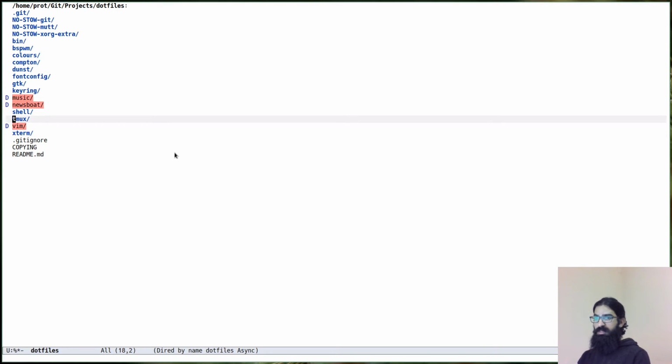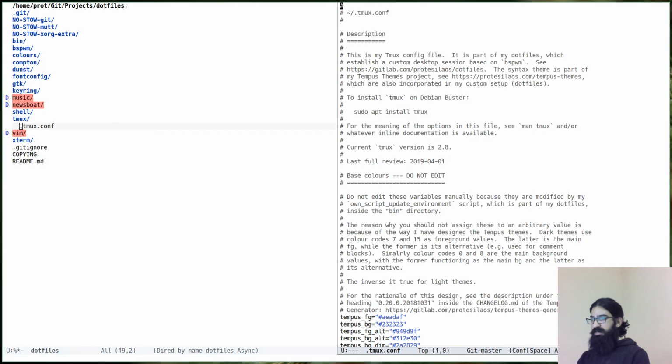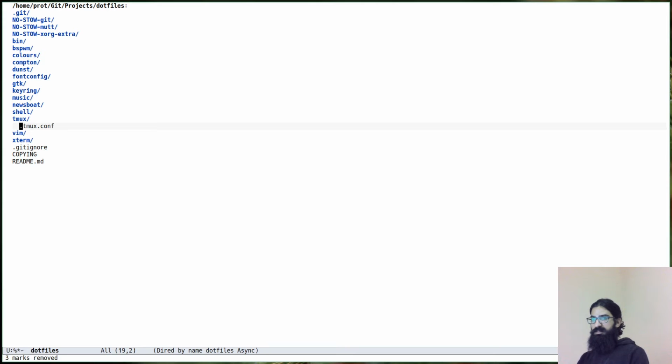I will keep Tmux, but if you check my tmux.conf, I won't go into it now anyhow, it was meant to work with Vim. So many of the keys and the metaphors are Vim inspired. So I will probably keep Tmux, but I will make it so that it works better with Emacs style bindings and follows Emacs conventions. The same will apply for, I won't delete these actually right now,